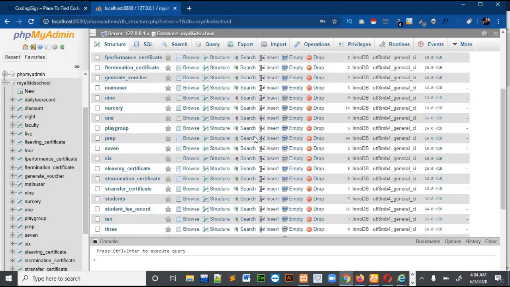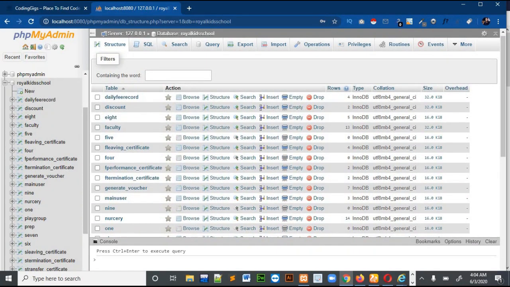If you want to see everything and every column I put in these tables, you can comment, and I will make a separate video showing you everything about this database. In this video I will show you only the code, because the code is very lengthy and will make this video very long, as I have to show you each and everything I used in this project. So I will leave the database here. If you want to see the database, just comment and I will make a video on that.